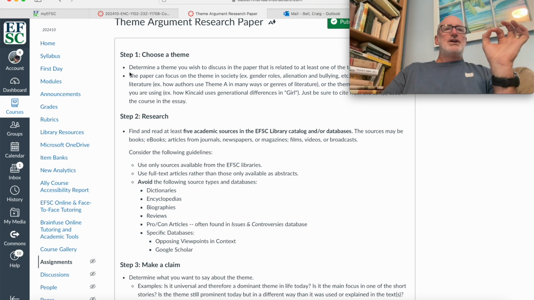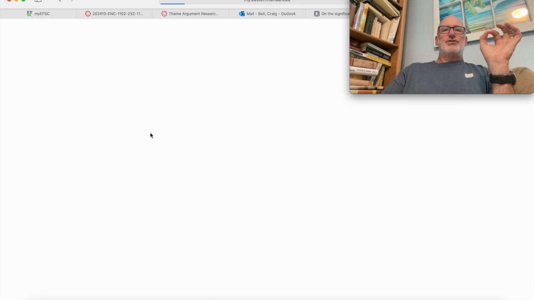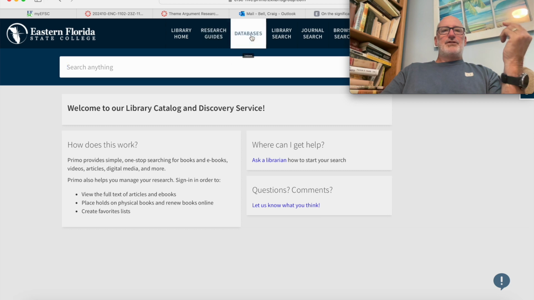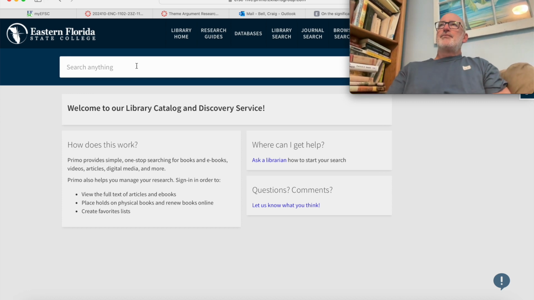Let's do that. So if I go to my Eastern Florida State College, and I don't think there's anything on here that is, nope, and I go to library resources, it's going to open up Eastern Florida State College library resources. Now I'm here. What do I do here? Well, I can ask a librarian for sure. There's all kinds of tools here. However, what I like here is, what about,